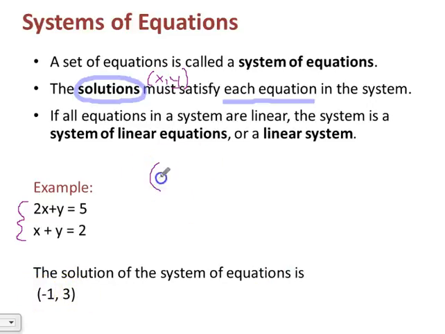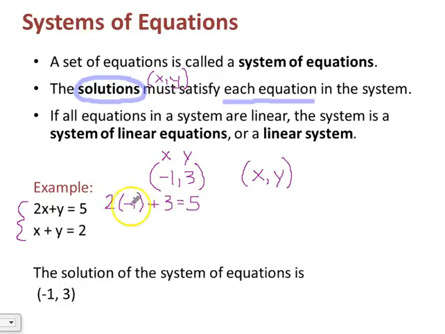So again, remember, our solutions will be written as a coordinate. And remember, in a coordinate, we always write the x coordinate first, followed by the y coordinate. So this is telling us that when we plug in -1 for x, we should get a value of 3 for y. And that's true for both equations, because remember, the solution must satisfy each equation in the system. So let's try it. Let's look at this first equation. 2 times x, so I know x is -1. 2 times x plus y is 3, should equal 5. Does that work? So I know 2 times -1 is -2, and